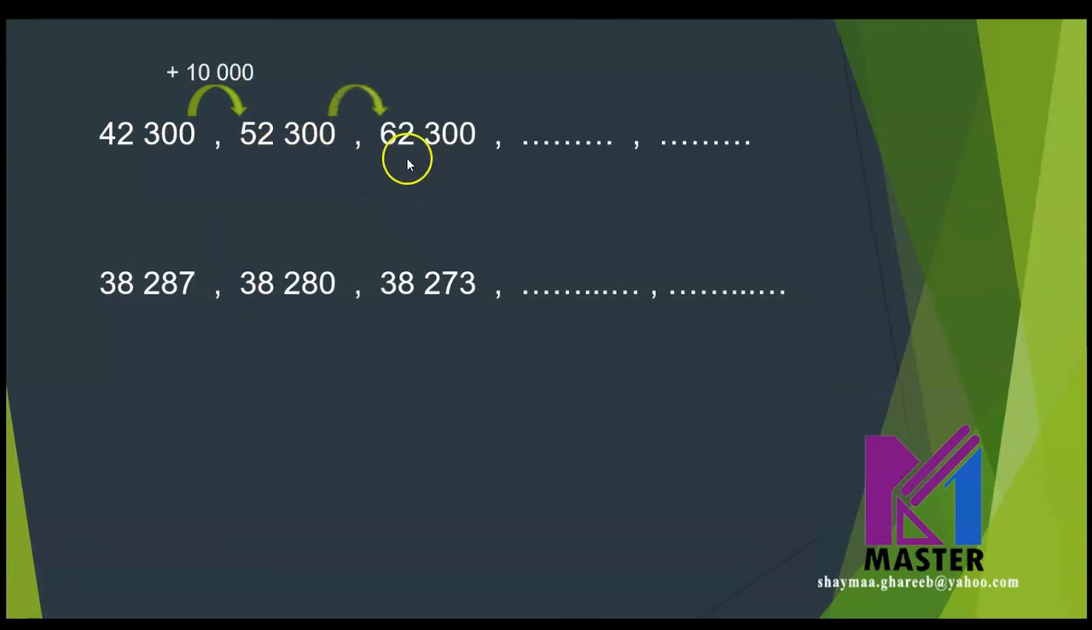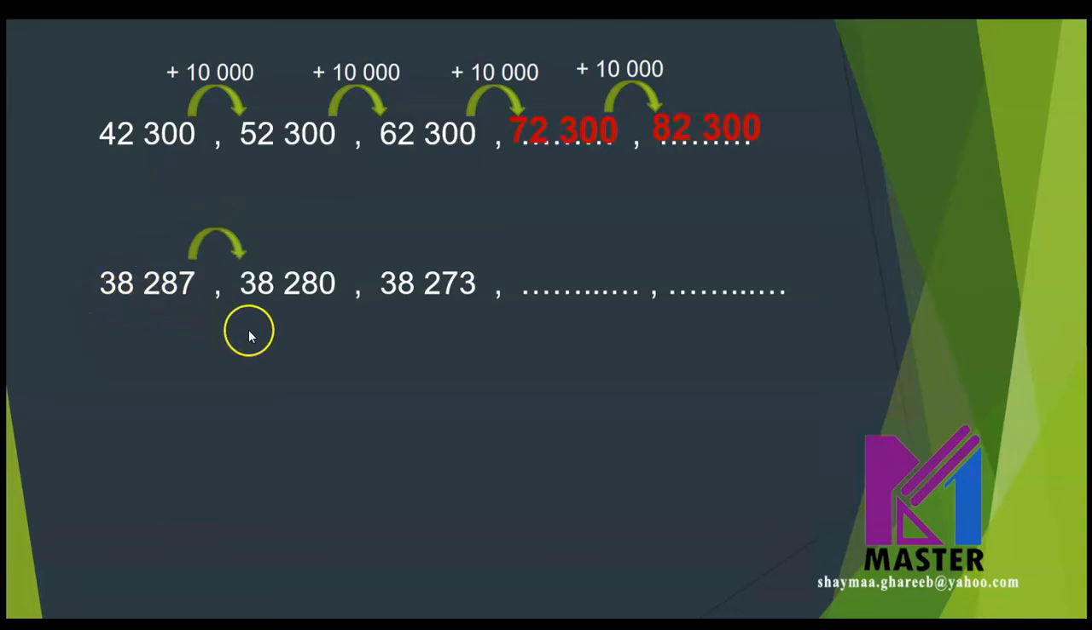What about the next two terms? 52,000 became 62,000. So I added 10,000, which means I'm going to add 10,000 each time. So it will be 72,300, then 82,300. Now let's go to the next one. 38,287 became